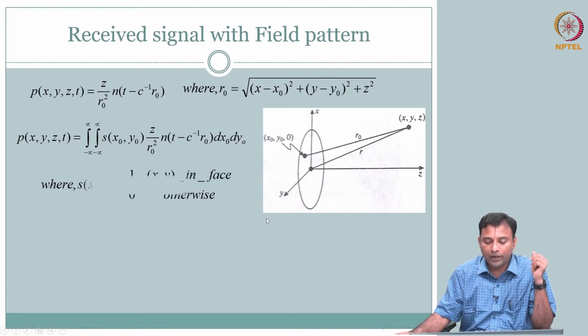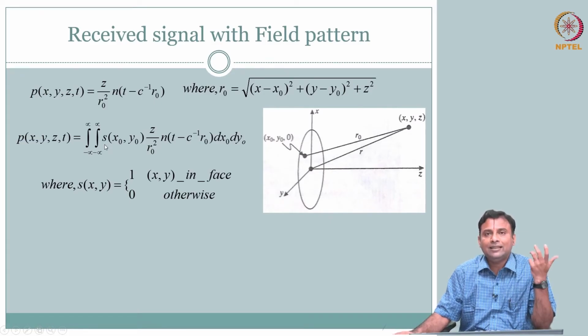S of x comma y naught, which is your transducer. So, we talked about size and shape, so we are just leaving it here as the transducer function. In this case you see S of x comma y is 1, so that it is a circle. So, you have the source, this is your source. What you receive here is from all the points in the source, that is what this integral is saying,